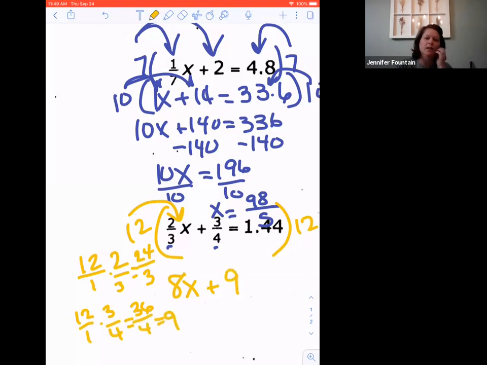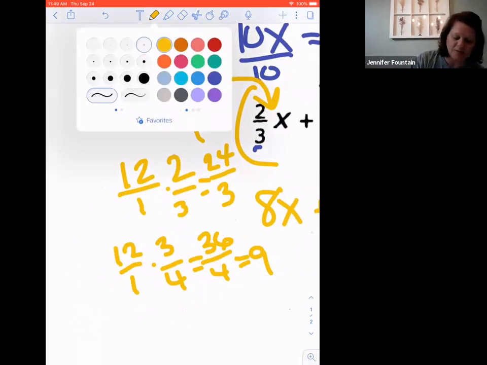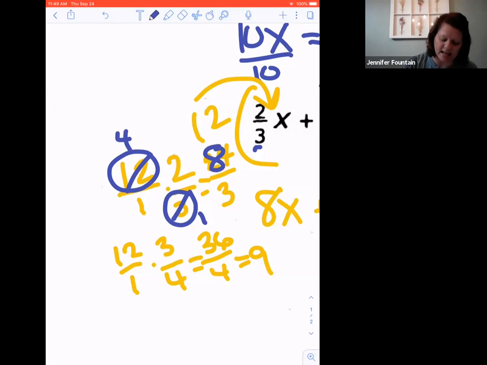So 8x plus 9. Now remember, there's something that we can do when we are multiplying, we can cancel before we multiply. That way I don't end up with such big numbers. So if I wanted to do that, then I can look at what is in the numerator that would cancel with something in the denominator. And I can see here I've got a 12 and a 3. So 3 divided by 3 is 1. 12 divided by 3 is 4. So then 4 times 2 is 8, and 1 times 1 is 1, so that would get me to 8